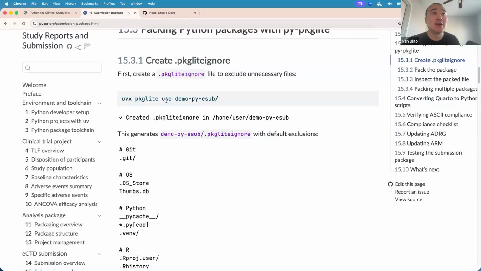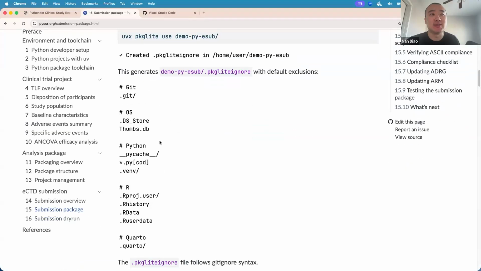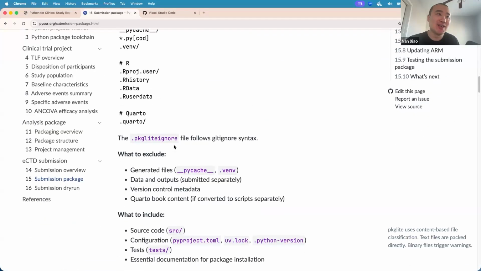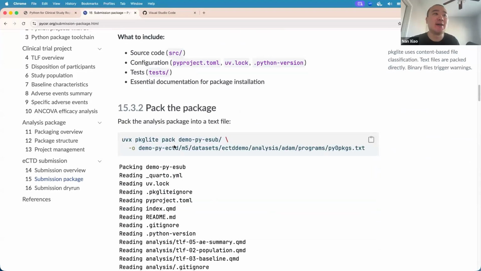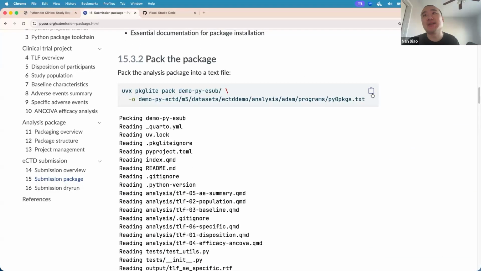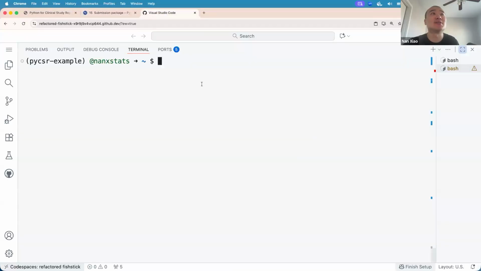So we can avoid including a lot of these useless files from your source directory during the packing phase. And then very easy, one command to pack everything into the txt file that we want, right?